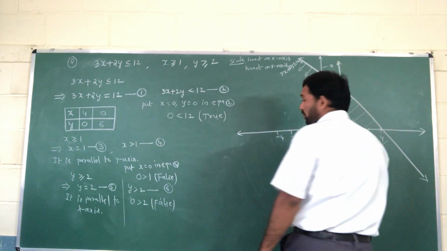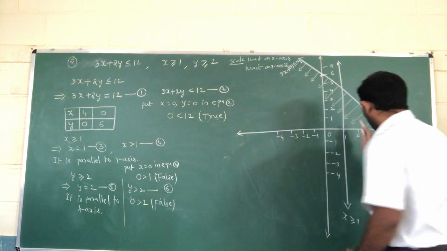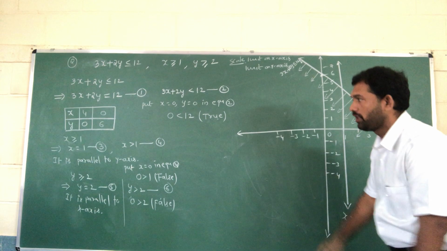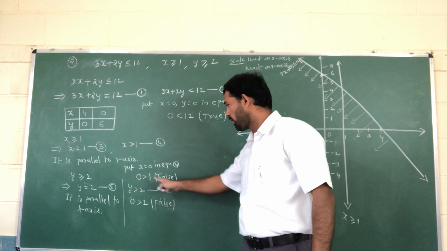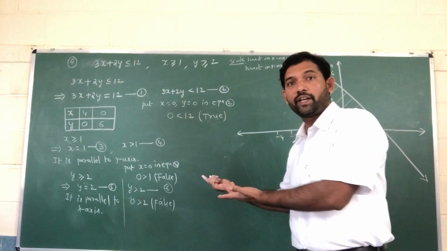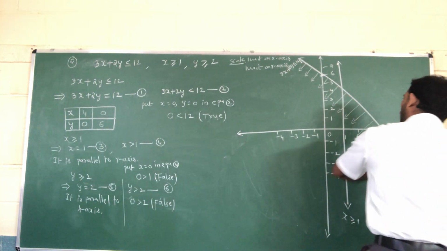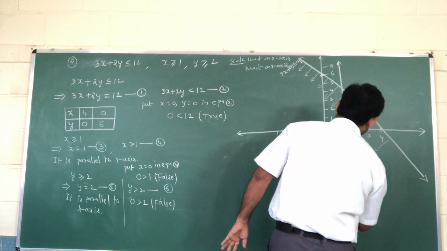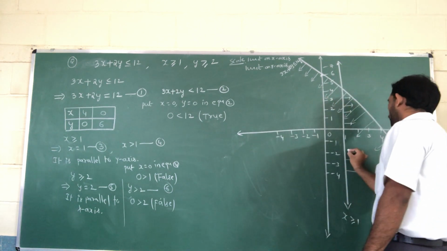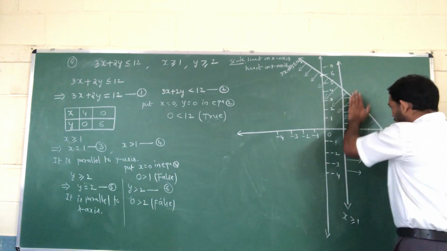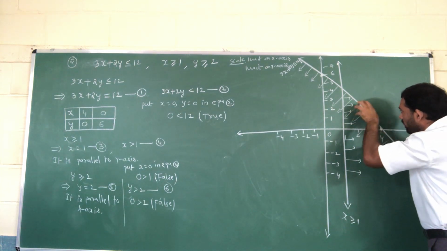So then where do we have to shade? This side one solution is there, this side one solution is there. So put x equal to 0 in equation number 4. 0 greater than 1. So 0 greater than 1 means true or false? It is a false condition. False condition means this side we have to shade. Line above you have to shade. Just for identification purposes I am putting an arrow, meaning this side the solution is there. These two graphs intersected here.